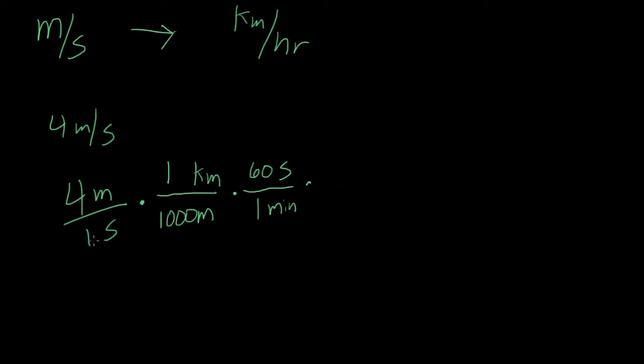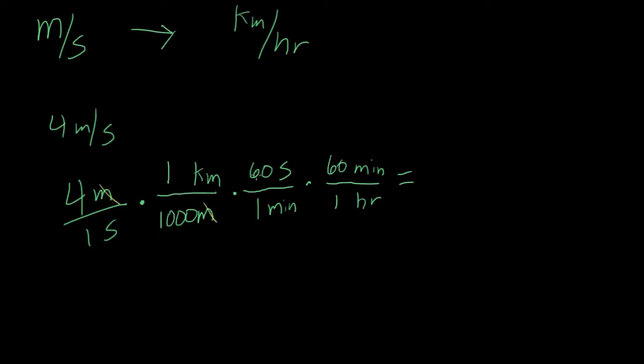Alright? So that would cancel our seconds, but then we'd have kilometers per minute. And that's still not what we want. So we need to keep going. We need to cancel minutes. And we should know how many minutes are in an hour. It's 60. So now if we do this and we multiply straight across, we'll notice that we can cancel our